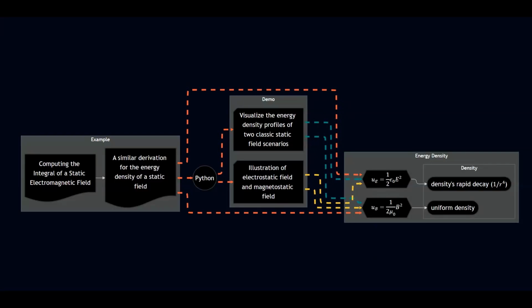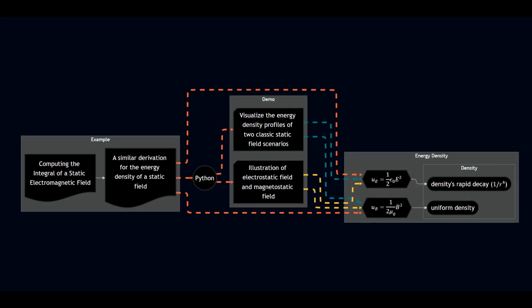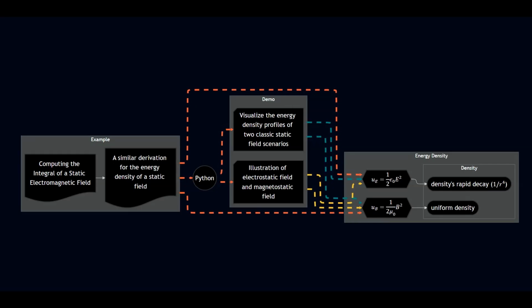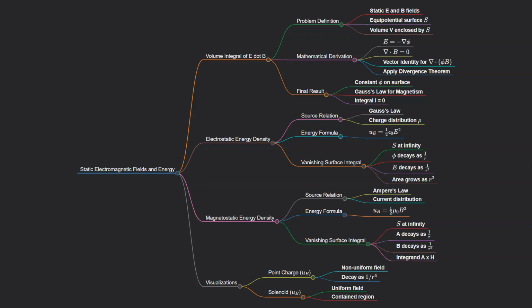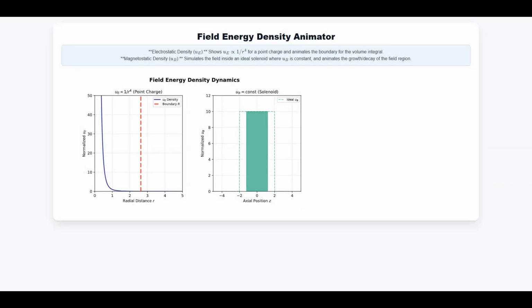Imagine a region of space filled with static electric and magnetic forces. To understand how these forces interact within a specific bubble or volume, we look at a scenario where the boundary of this bubble is a special surface called an equipotential surface. This means that at every single point on this boundary, the pressure or potential of the electric field is exactly